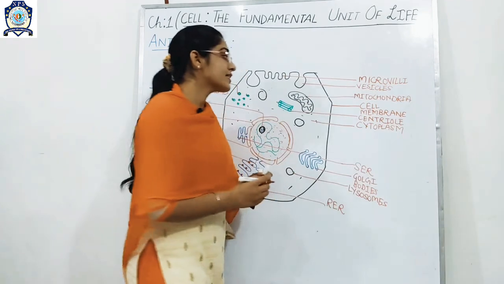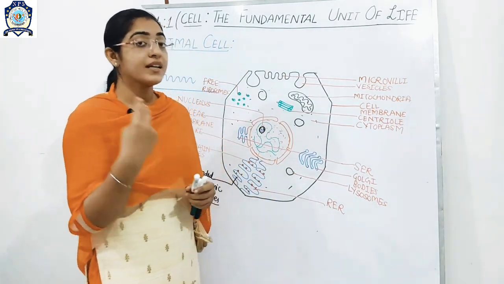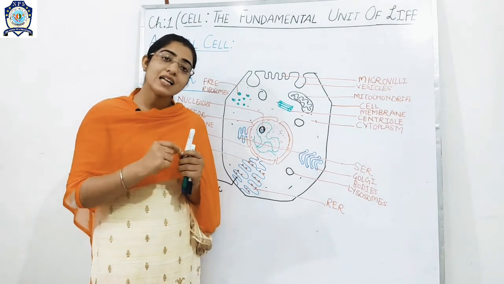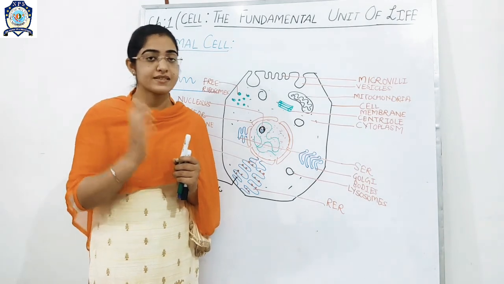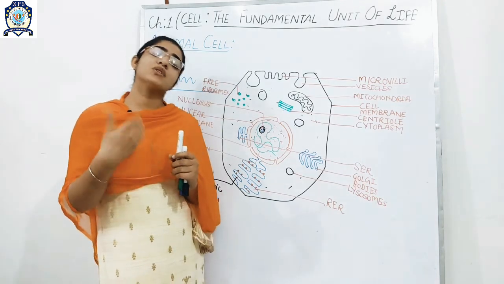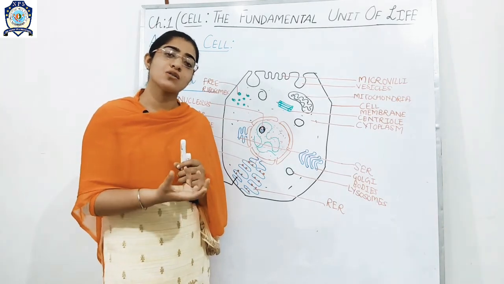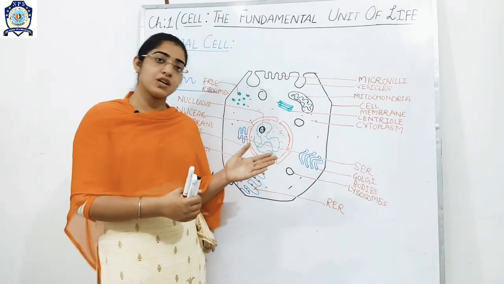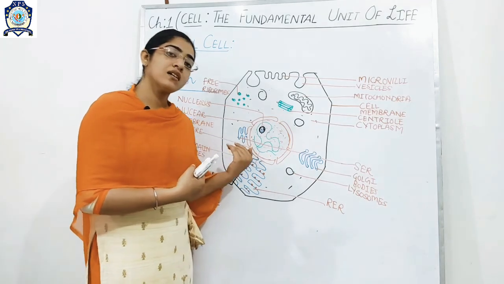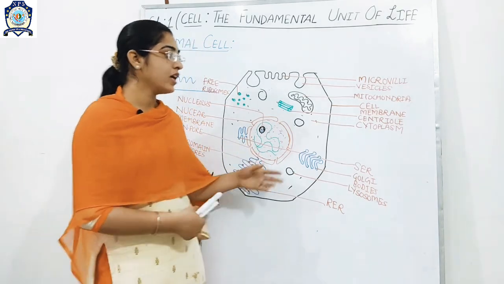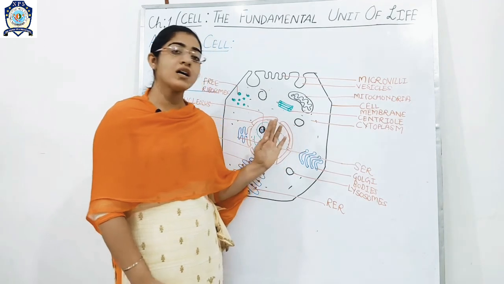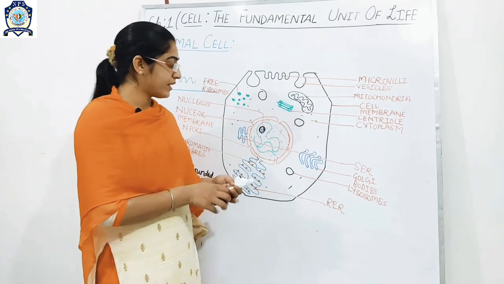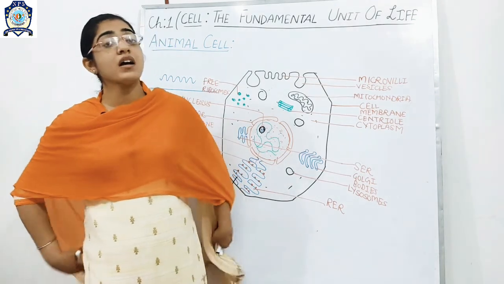What does the centriole do? Centrioles are 2 in number. Centrioles help in cell division. Is that clear? You will study in your higher classes also how cell division occurs, because in the centriole spindle formation will happen and finally the cell will get divided. So the main function of the centriole is cell division. And also you can label it here, the matrix of the cell.